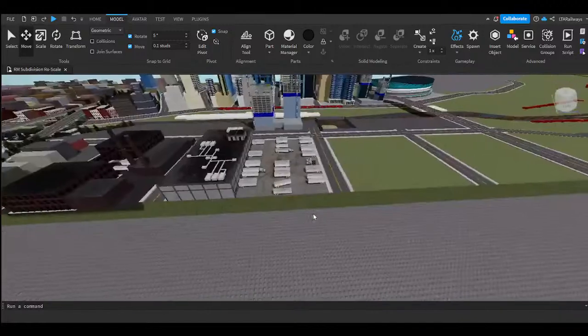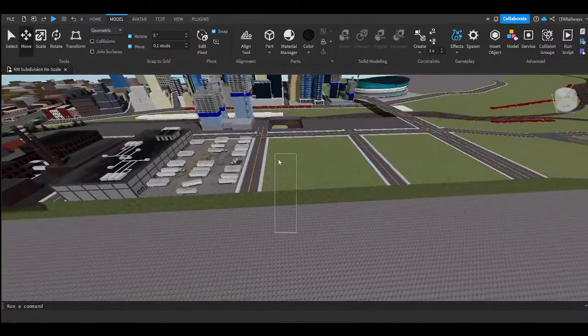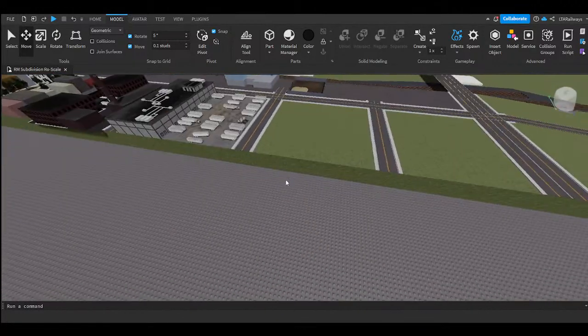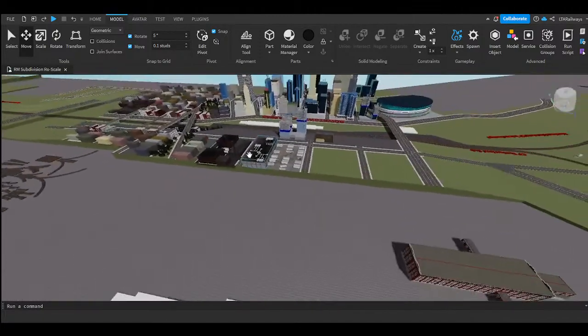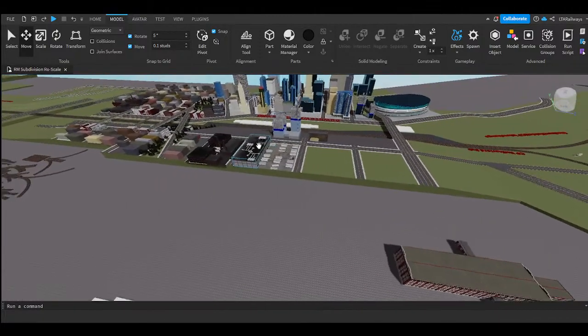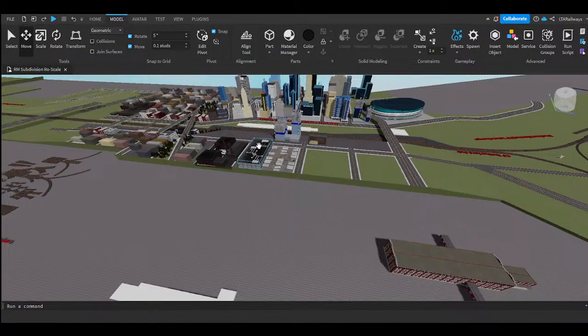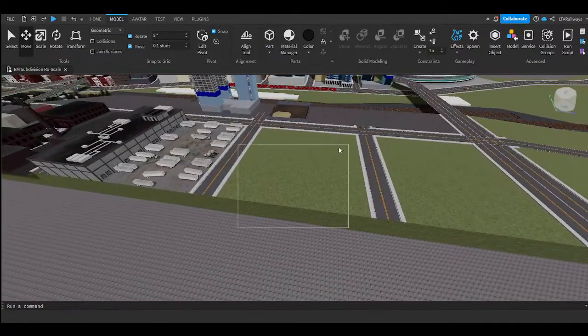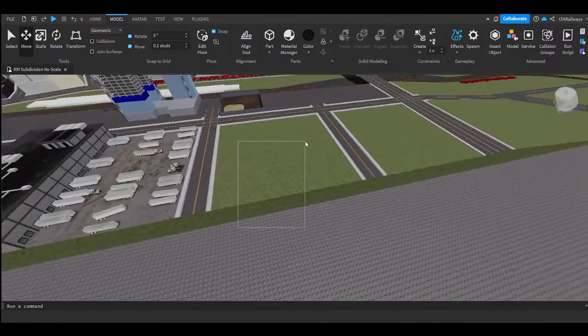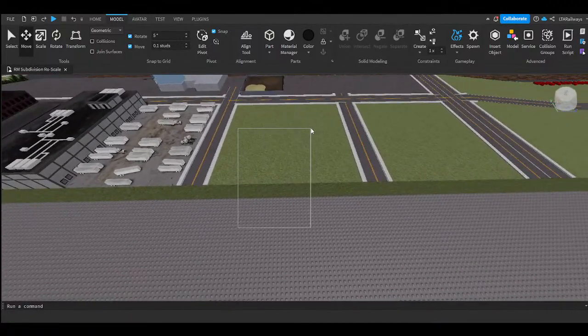Another factory, warehouse, or something here? Or do we go for maybe a construction site here or something, or maybe a building that they're knocking down? Actually, I have an idea, but